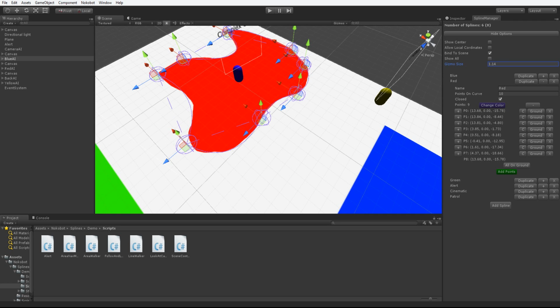On the spline itself, if you use Nokobot splines, then you can have spline. So first of all, you can create a spline from script. You don't have to use the interface. You can always do a new spline, and you can bind it to a scene. You need to give it